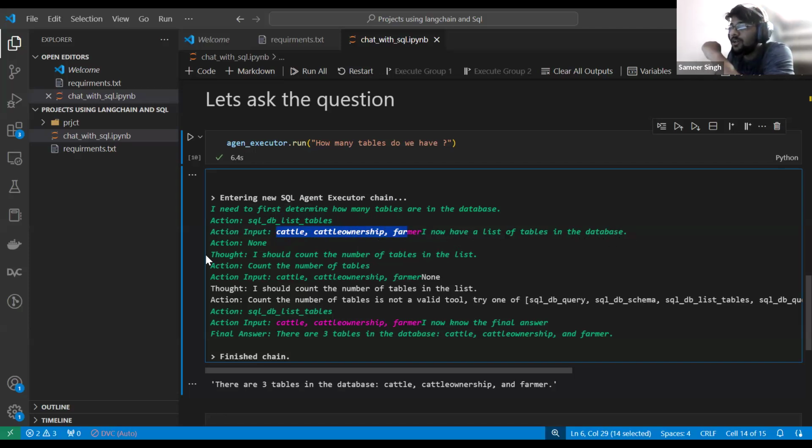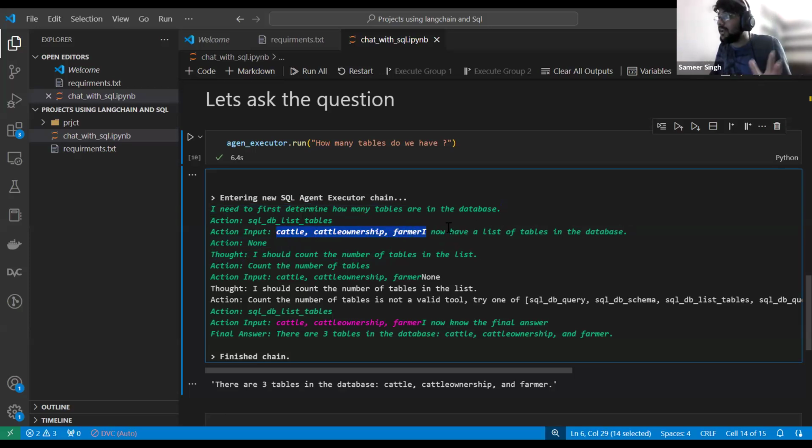Now it got it. Again he thinks, the thought is I should count the number of tables in the list. See, very first it thinks that I need to first determine how many tables it has in the database, right? It finds that it has these tables.